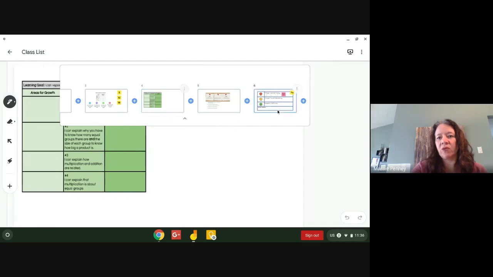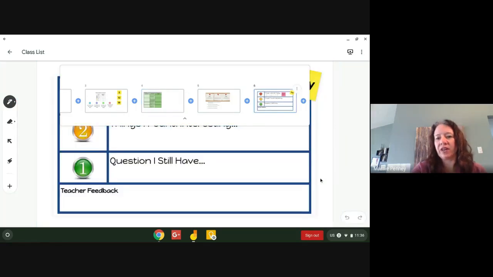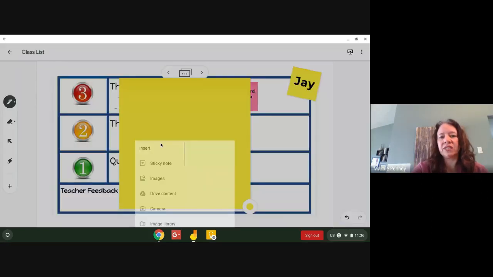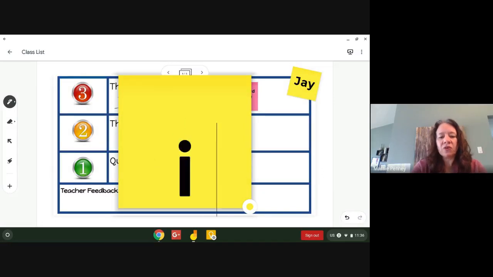The other thing you might want to consider at the end of your frames is adding something like a small exit card or possibly a student feedback form like this one. So things I learned today, there's a lot. If this says 3 things, I might not be able to write all this in, but your students have the ability of adding those sticky notes. And so they'd be able to